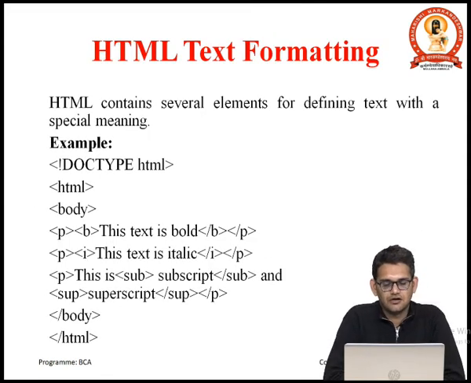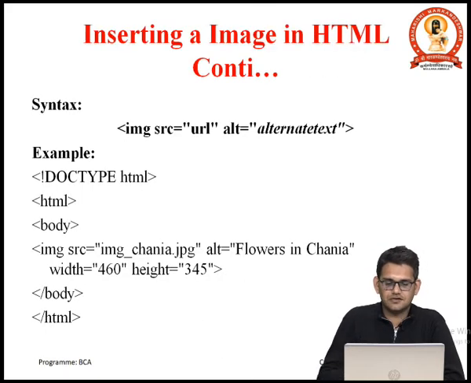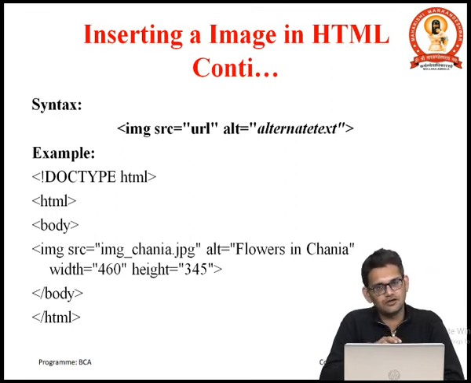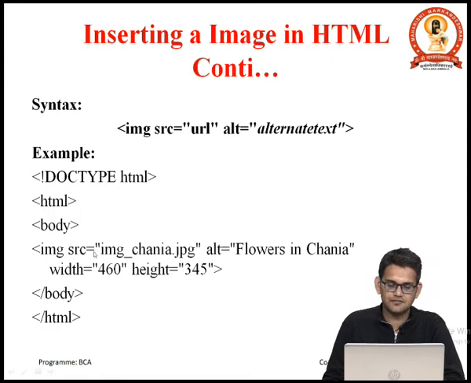So, from this example we can understand how we can add an image. This is the code for adding an image. You can replace the source location and provide a different source location of a different file, and you can change the alternative text also. By replacing these two things you can add any image, or if you need to configure the width and height of the image, you can change this also. By changing this you can finally run this code over the browser, and you can find the image over the web page.